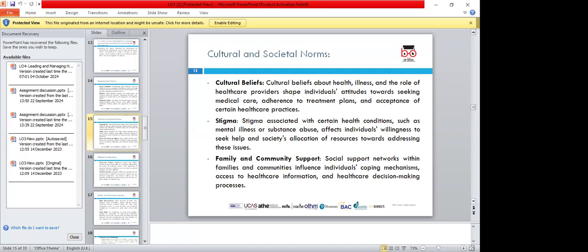Cultural beliefs about health, illness, and the role of healthcare providers shape individuals' attitudes towards seeking medical care, adherence to treatment plans, and acceptance of certain healthcare practices. Of course, people have cultural beliefs differently. Some come from Nigeria, some from Ghana, and so some of these cultural beliefs may impact or impede your adherence to